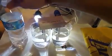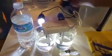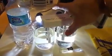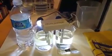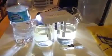What it's doing is we're breaking down the Nestle Pure Life. This was the latest request that I got to look at for their bottled water. And it's versus the distilled water, and we just picked this up at Whole Foods. So distilled water is kind of what we were talking about before in the last video. It doesn't have any minerals or anything in it. And so this should actually remain clear because you're not going to see any reaction with electricity and minerals because